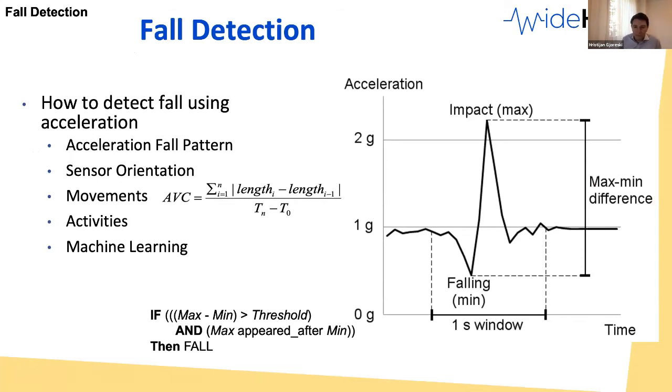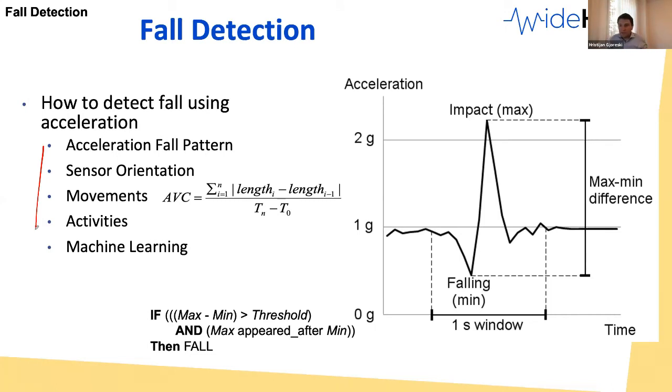What sensor location is the best? What is the accuracy? How many false positives will you have? This is a binary problem here, fall or not fall. So this is a typical fall acceleration pattern. And this is what we are analyzing to detect the fall. And here you can see a lot of different approaches that we took while developing this fall detection. So